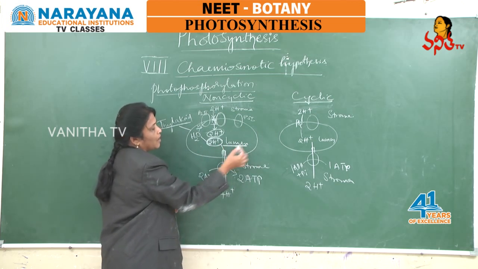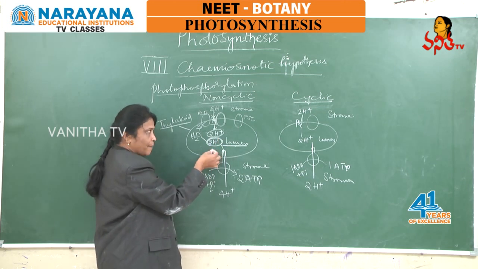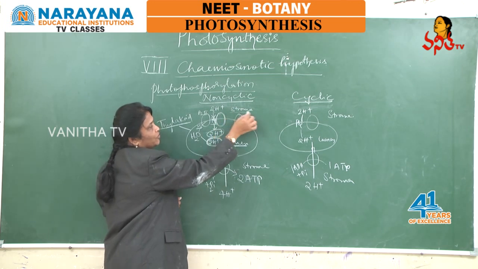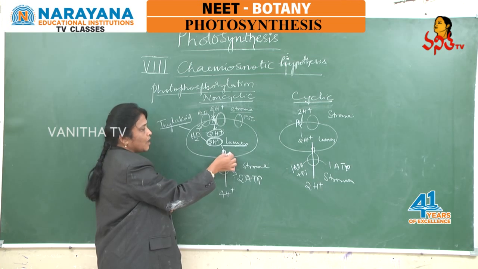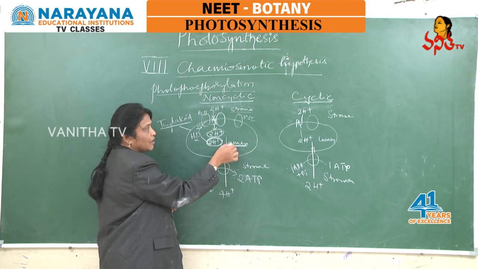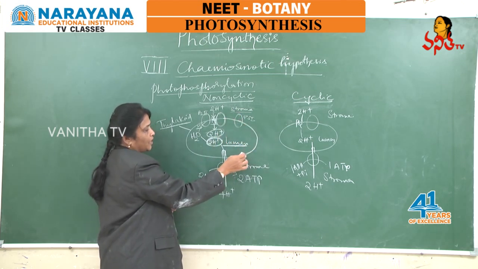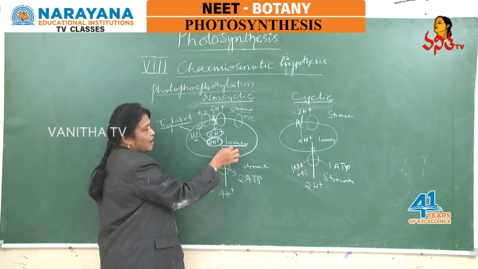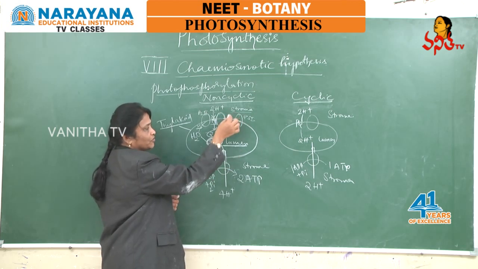So the lumen here now acts like a proton reservoir. Gradually, as the process happens, there is a reduction in the concentration of protons in the stroma and an increase in the concentration of protons in the lumen, and that causes a proton concentration gradient between lumen and stroma across the thylakoid membrane. Okay, so there is a proton concentration gradient: high concentration of protons in the lumen, low concentration of protons in the stroma,